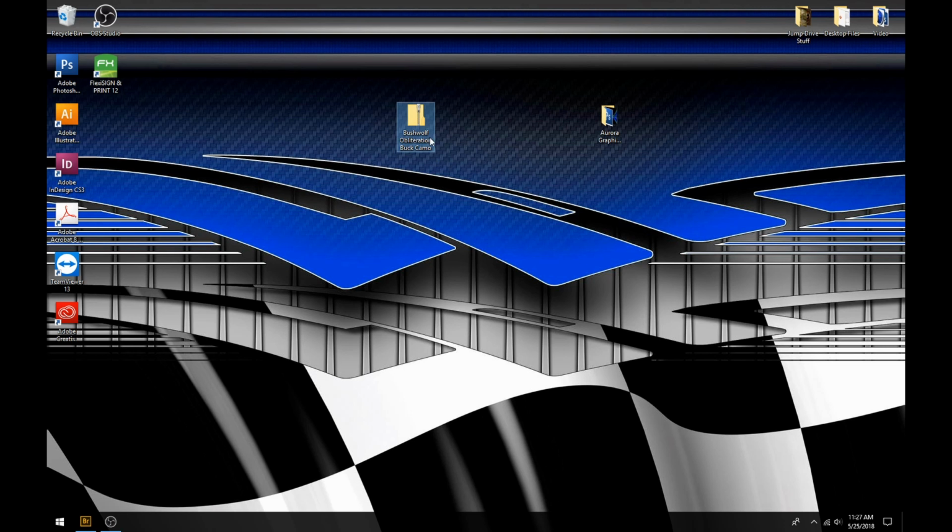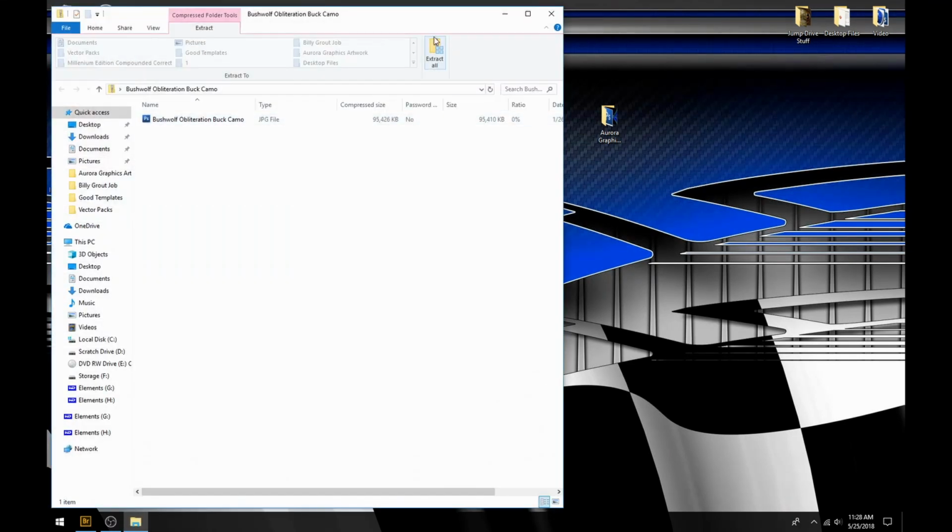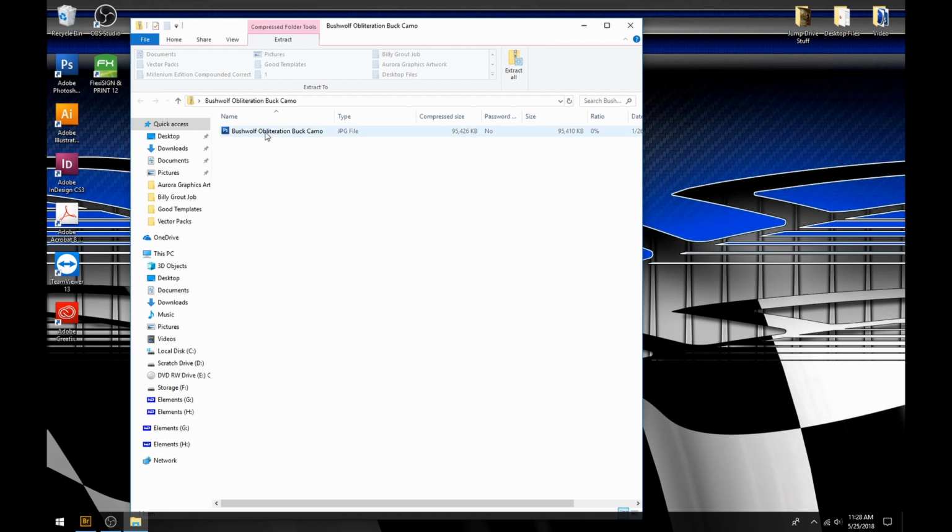First off, whenever you buy one of our files, it'll come in a zip folder like this one here on the desktop. And when you download it, I would suggest putting the original zip folder on your desktop so it's easy to find. It doesn't require any special unzipping software or WinZip or anything like that to do this. You can simply just double click the zip folder and it'll open up a browser window just like a Windows